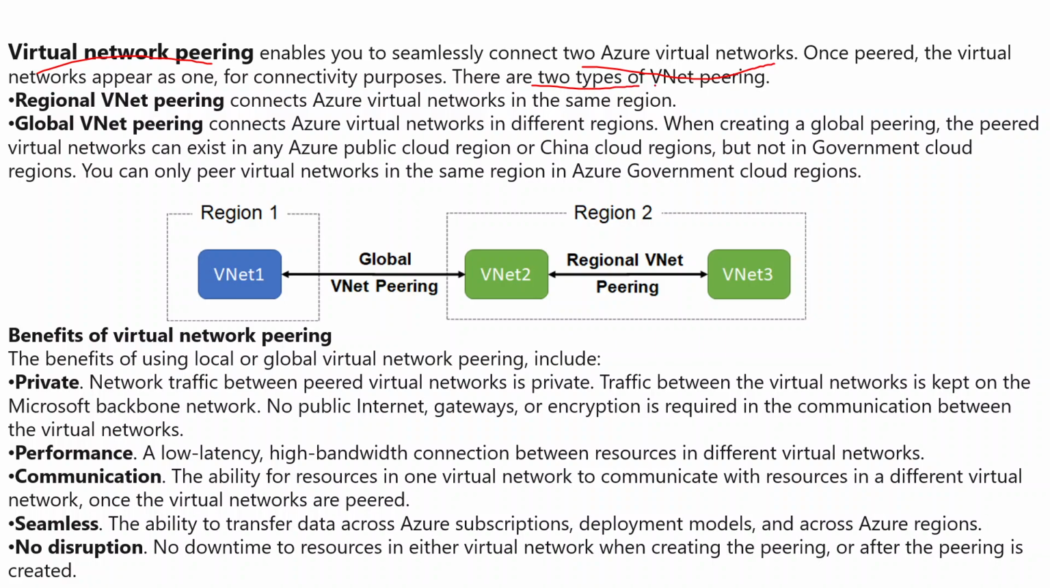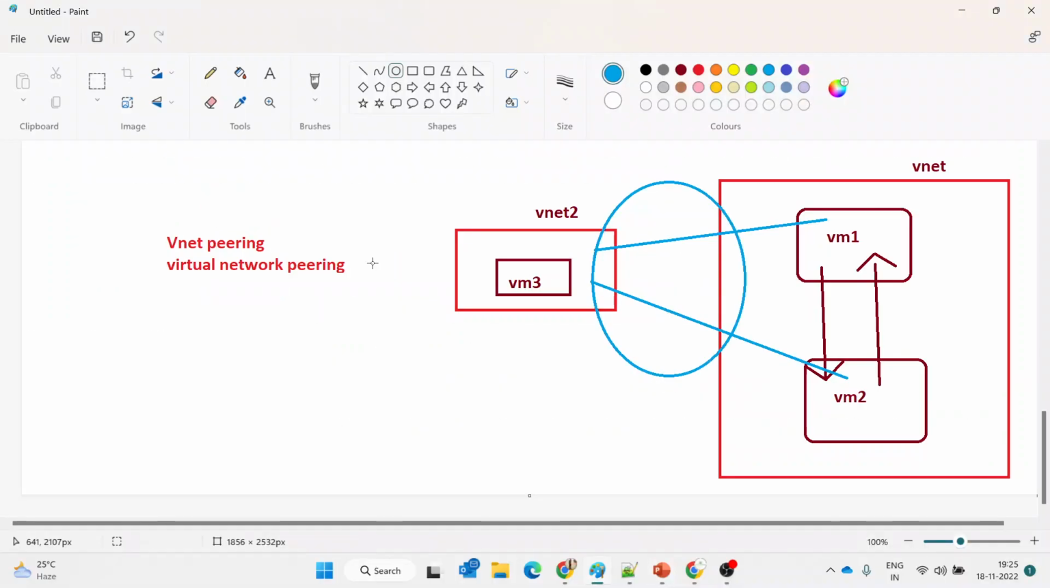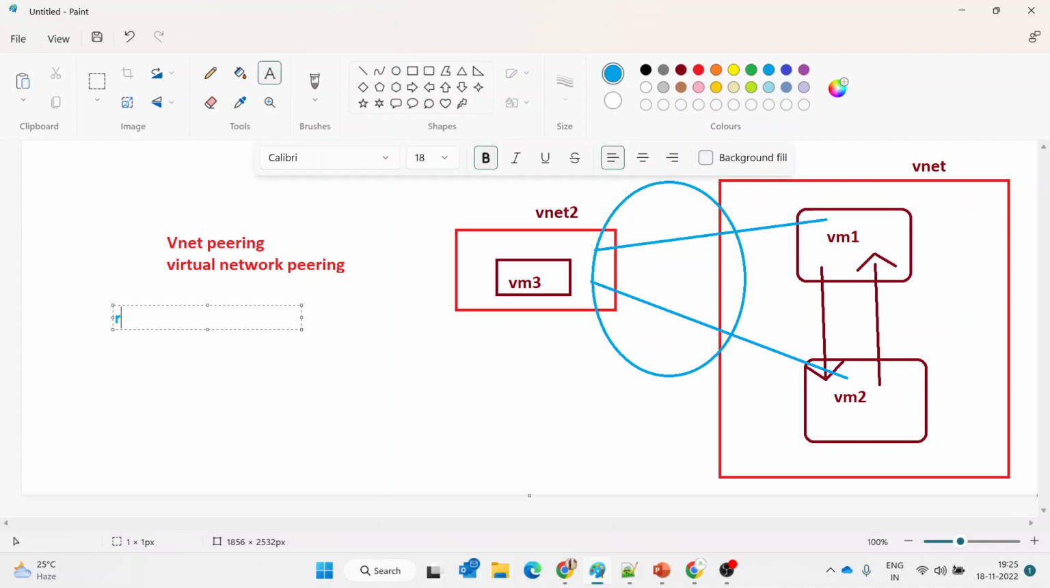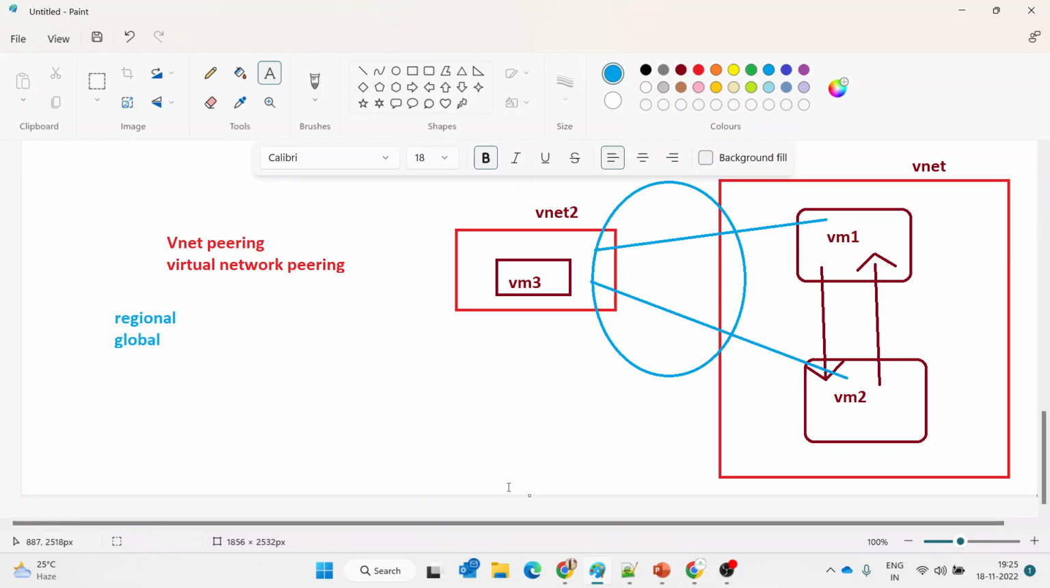There are two types of virtual network peering: regional VNet peering and global VNet peering. Regional VNet peering, I'll explain that one. So what are the two types of peering? Regional, and then one more is global. Coming to the regional, let's say,